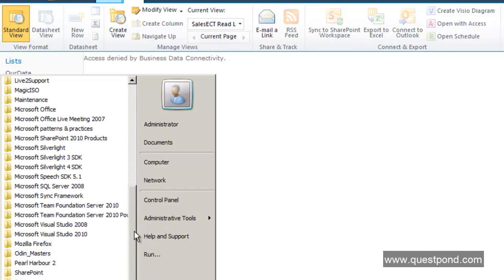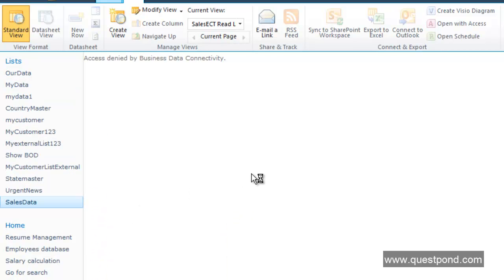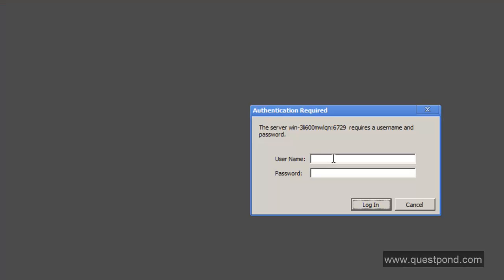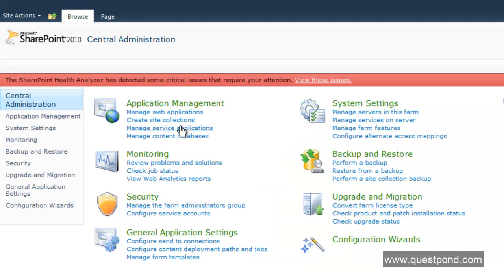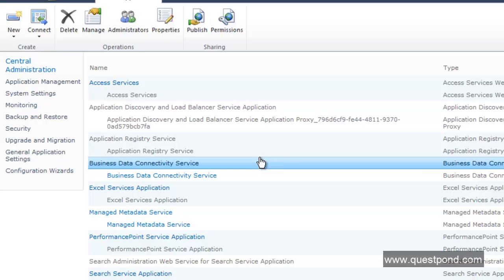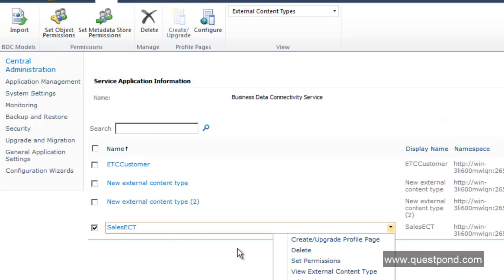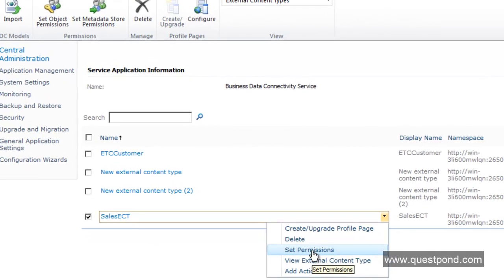So let me quickly go here to my SharePoint central administration, and let me put the user ID and password. And over here you can see there is something called managed service application. So click on managed service application, and you can see that here's a link to the service, business data connectivity service. So click on this link, and now select your sales ECT, and let's